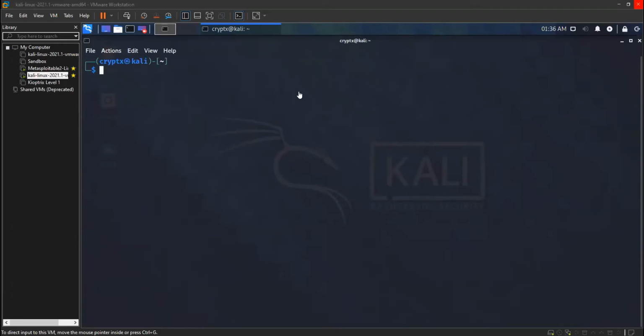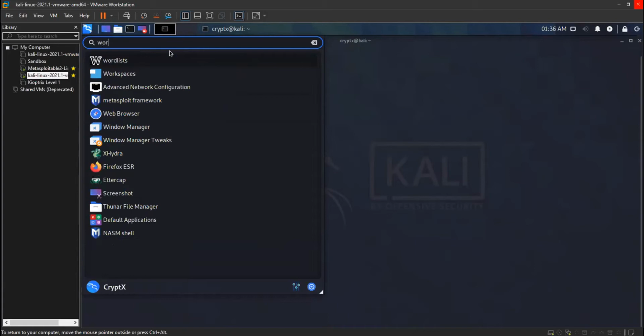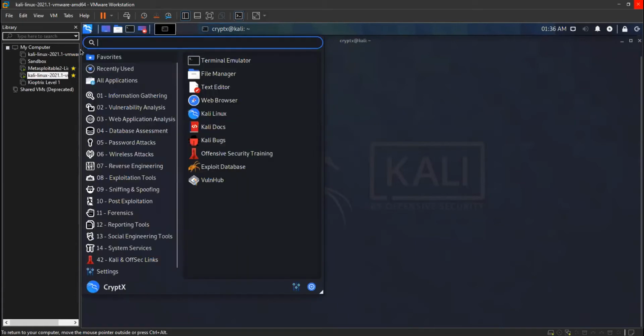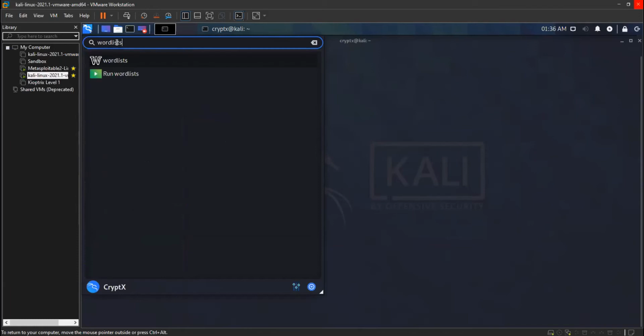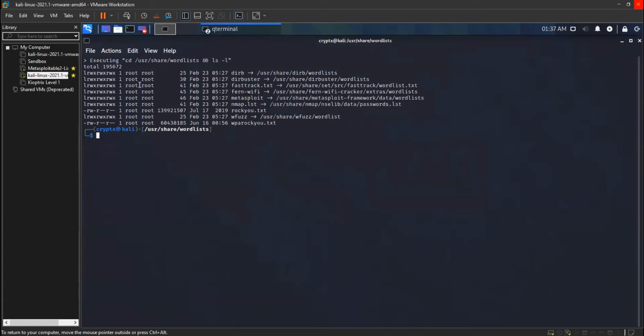So I'll begin with introducing you to different word list creation, as well as one of the brute force attacks in Kali. I'll just show you the word lists which are pre-built in Kali right now. I'll go to this menu and search "word list". It'll open up this terminal with the word list by running this command in this directory, as you can see, /usr/share/wordlists. In this directory there are different word lists which are pre-built in Kali.